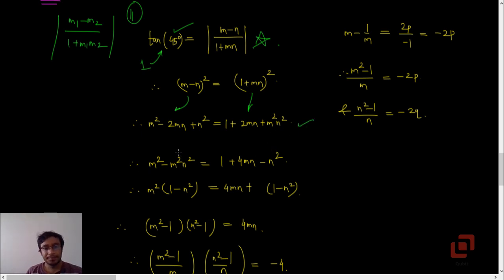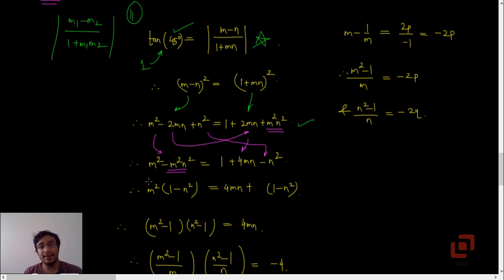Okay. And from this, the next step is, I think, also important. So pay attention. What I have done is, I have shifted the term m squared n squared to the left hand side. So it will be negative. And I have shifted everything except m squared to the RHS. Okay. Now this minus 2mn when it goes here will become plus 2mn, and 2 plus 2, 4mn. Okay. N squared will be minus n squared once you shift it to the other side.